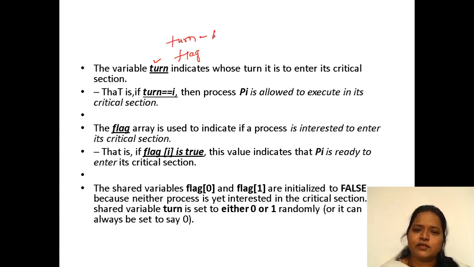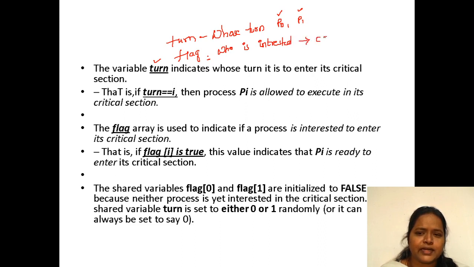Turn indicates whose turn it is, whether process P0's turn or P1's turn. And flag indicates who is interested to enter into the critical section. These are the two variables he has used.